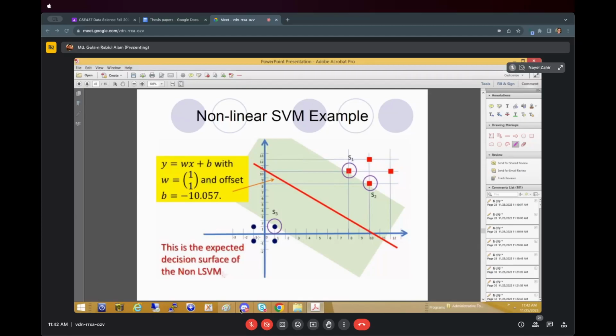Then using this, we need to find the equation of our hyperplane. The hyperplane equation will be w transpose x plus b equals 0. In this case, w transpose will be 1 and 1, and for x we will get the